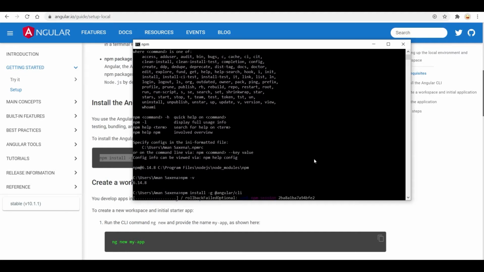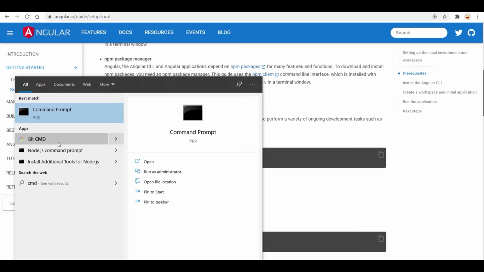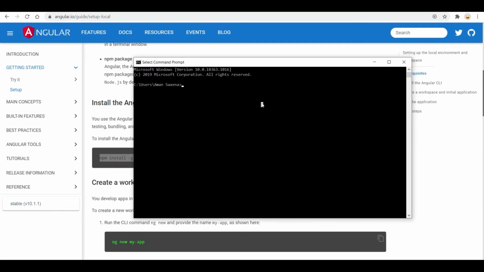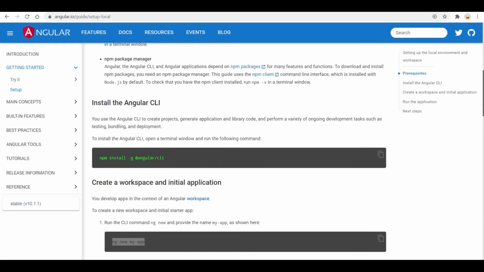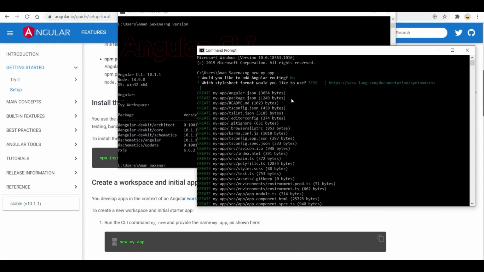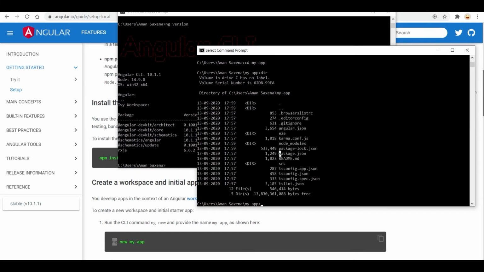Now here let's create one Angular application using the current version of Node.js that we have installed. Then we will create one more application using a different version of Node that we will install using NVM. Let's create a new Angular application using ng new, and this time we will not give routing automatically because we will do it manually later on.